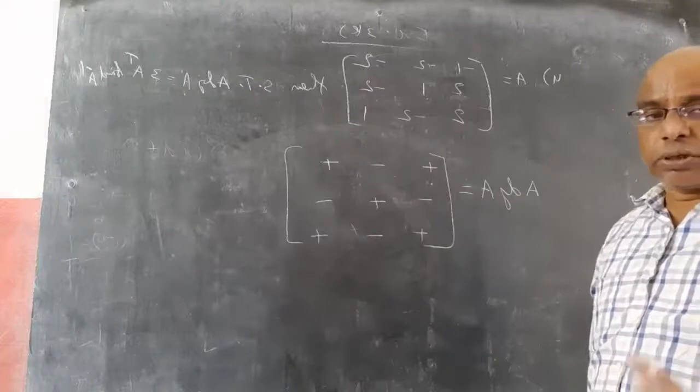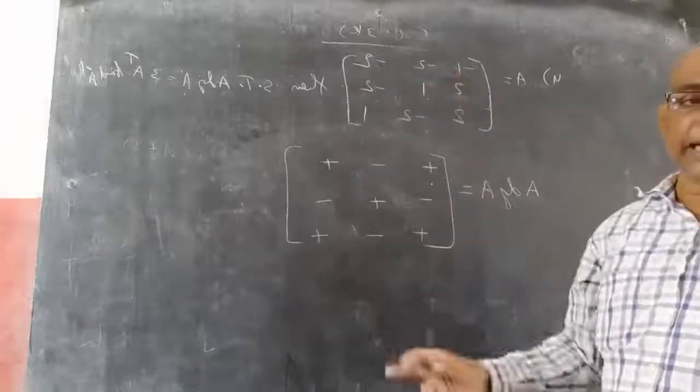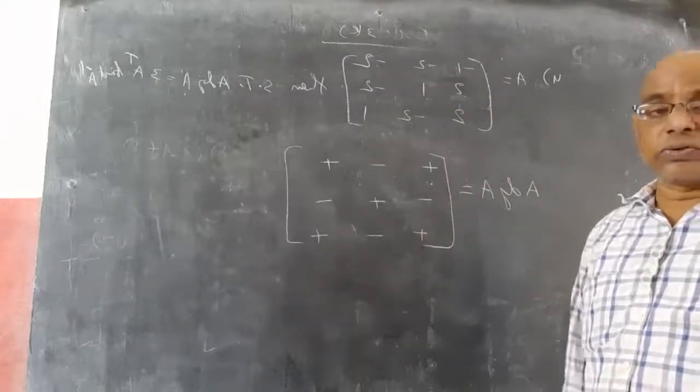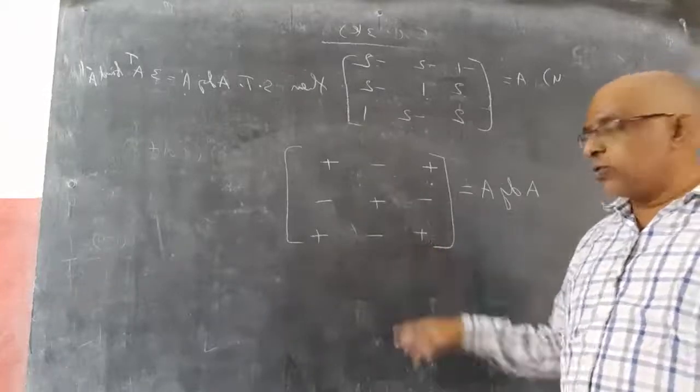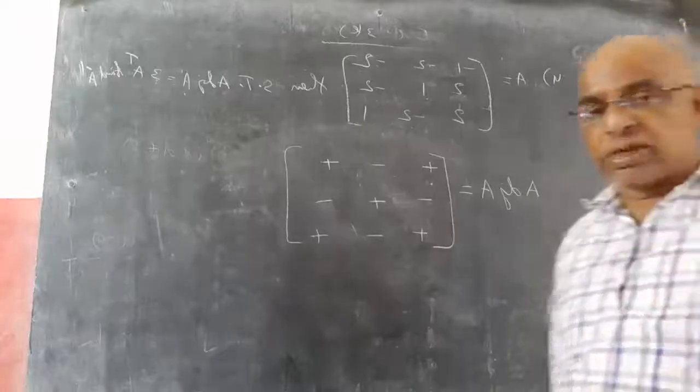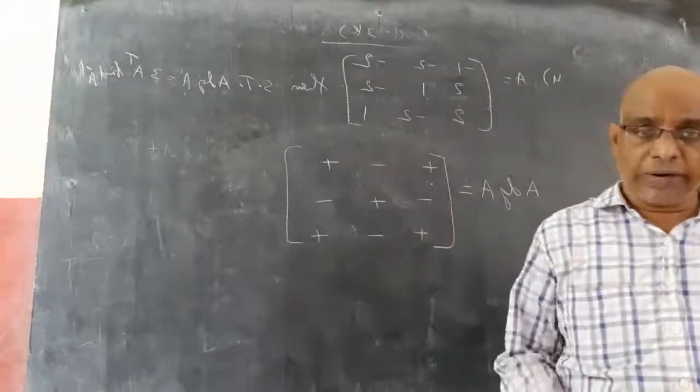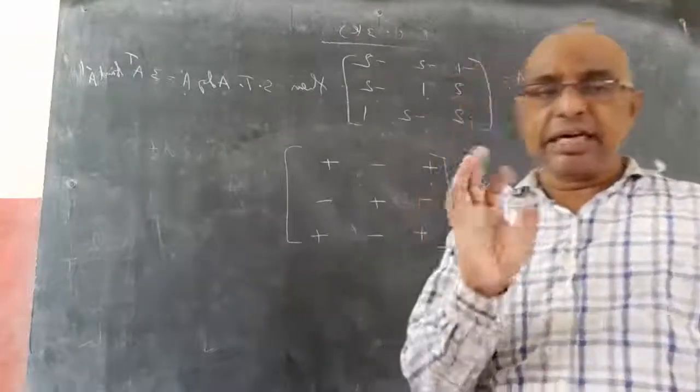For 2 by 2 also I told you one shortcut. Just interchange the principal diagonal, then keep the other two negative signs. Here, like that, for 3 by 3 one more shortcut. So for the remaining, 4 by 4 and so on, we should go for the actual concept: the transpose of the cofactor matrix is adjoint A. That is the basic concept actually.